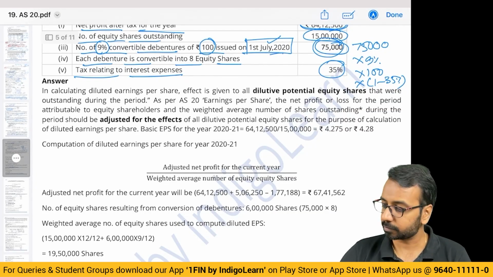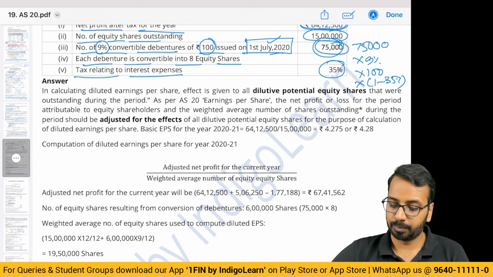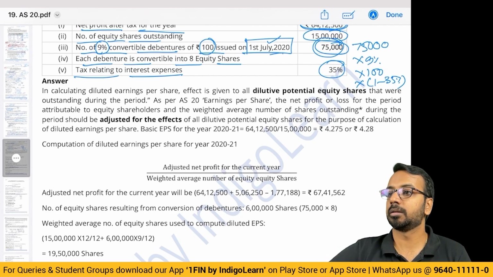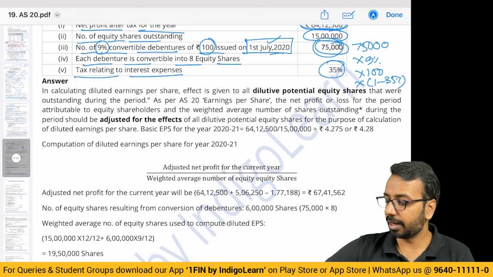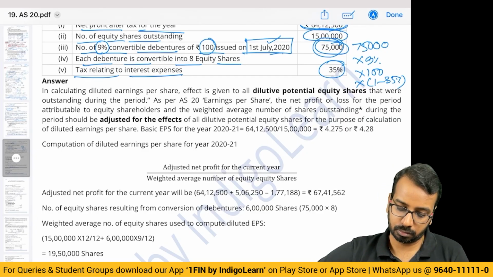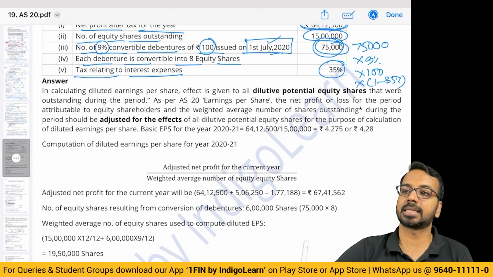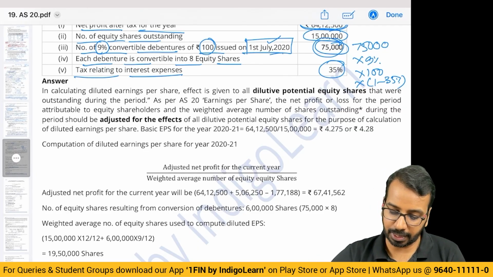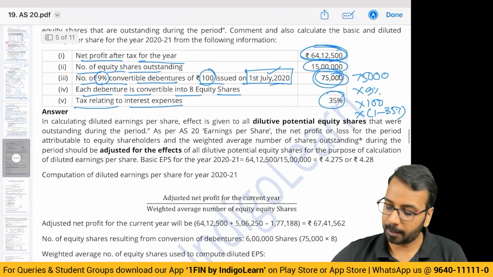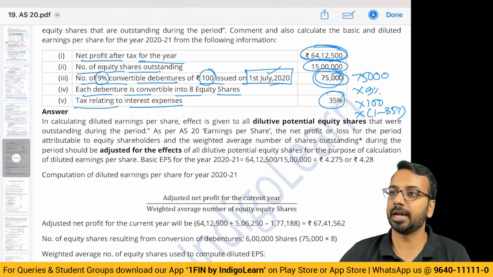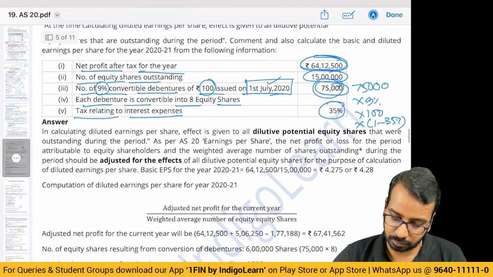So, 75,000 is the total number of debentures, multiplied by 100, into 9%, that is 6,75,000, right, into 65%, we get 438